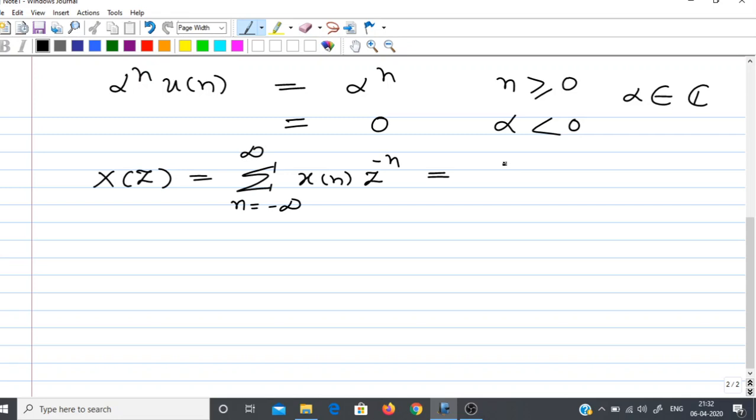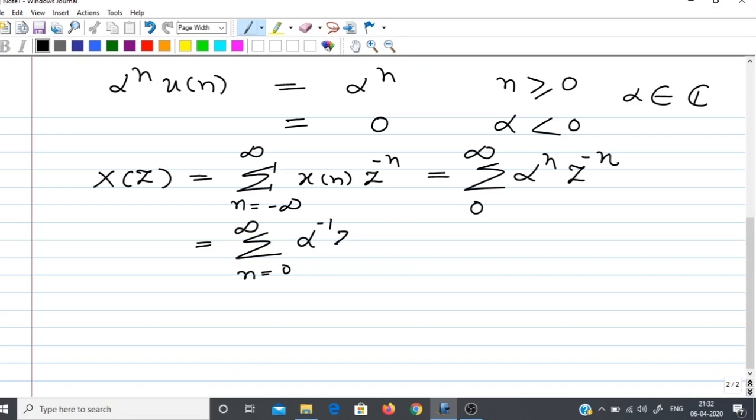This summation would be from 0 to infinity, because the sequence is non-zero only in the duration 0 to infinity, alpha to the power n z to the power minus n, and which can be expressed as summation n from 0 to infinity